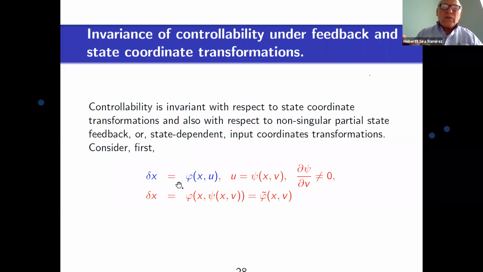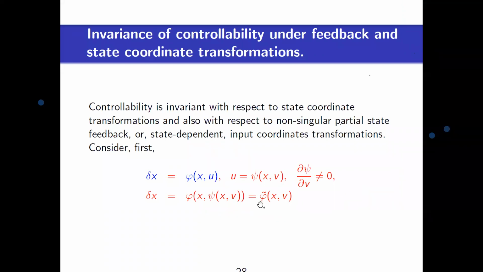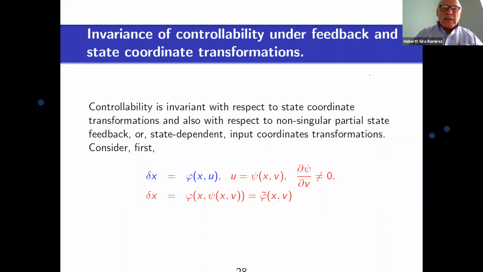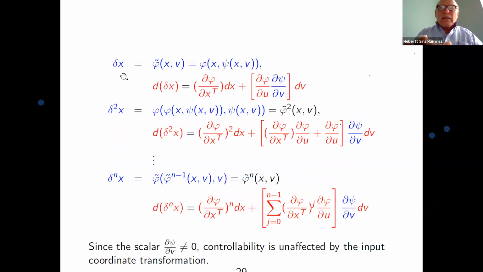So the composition of the original state map with the feedback control law partially controlling the system and leaving the option free to continue controlling it through a different control input modifies the system dynamics to a new form, but in essence it is just the same discrete time system evolving now in terms of a new control input through a modified next state map. And when you do that, it's easy to see that the evolution of the transformed system through time gives you modified maps of the same nature as before, but in the